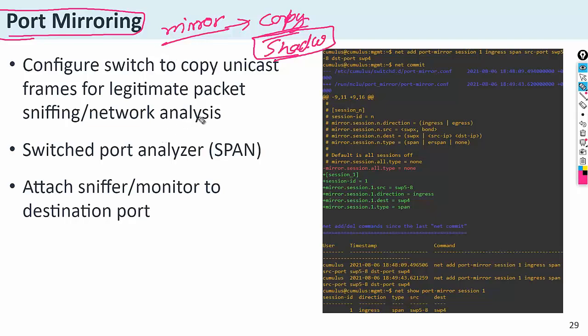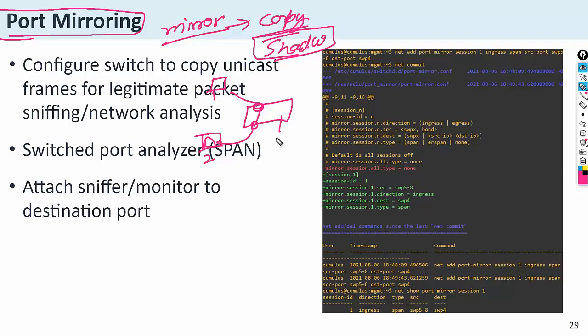So port mirroring means there is a switch with one port, and this is another port, and they are PC1 and PC2. They are communicating with each other. I want to know what they are communicating. As I am a security analyst or security engineer, it is my responsibility to check what they are communicating to each other.